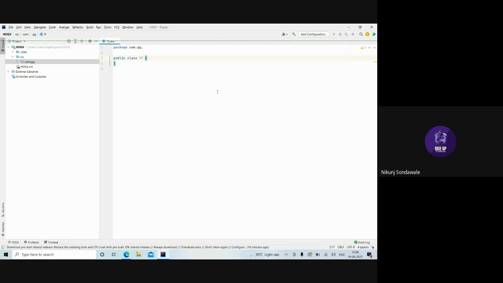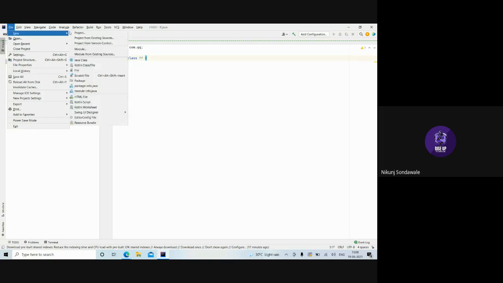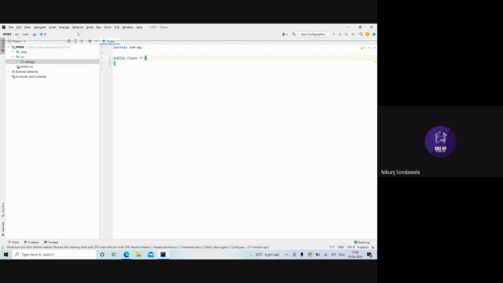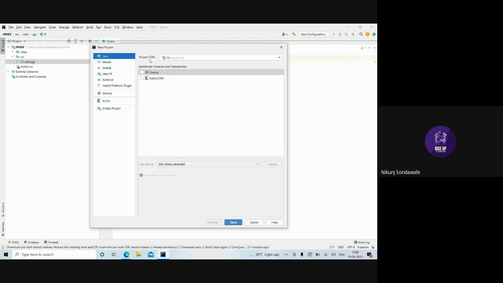For creating a package in IntelliJ, what you have to do is go on File, then New, then open a new project. Then you will check the latest version SDK.